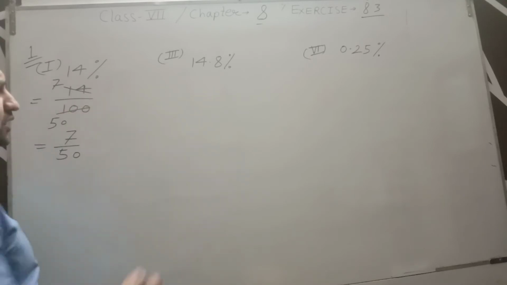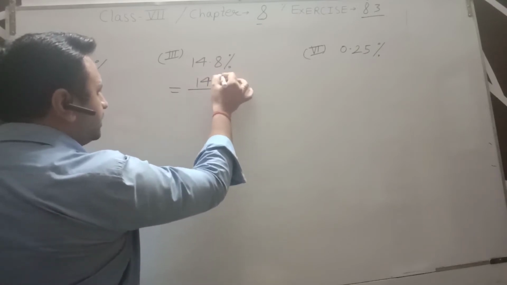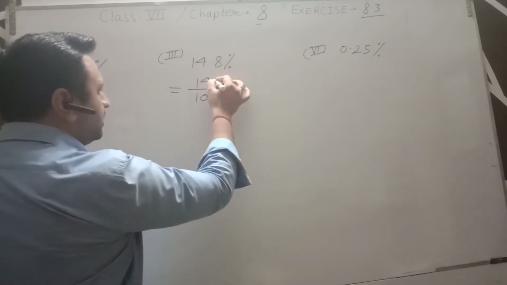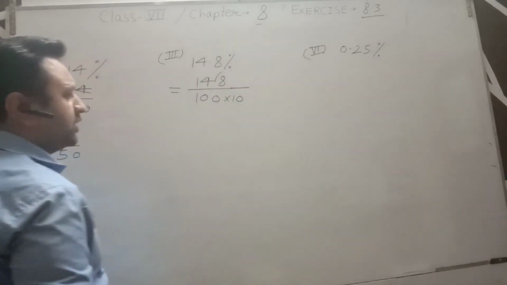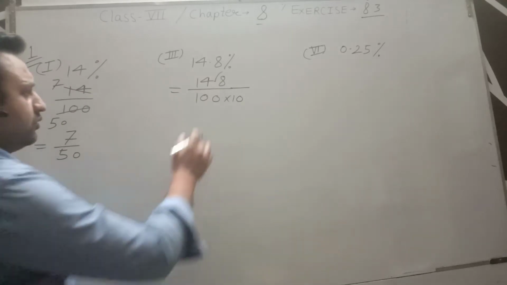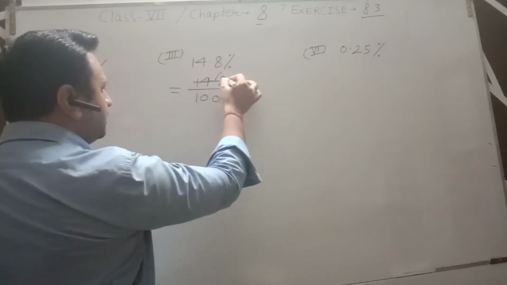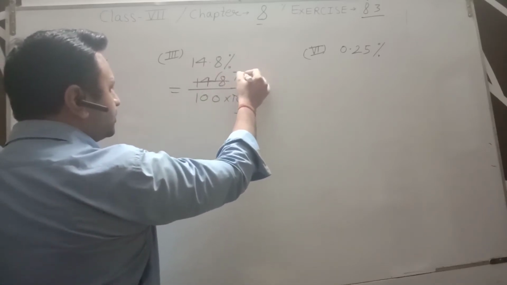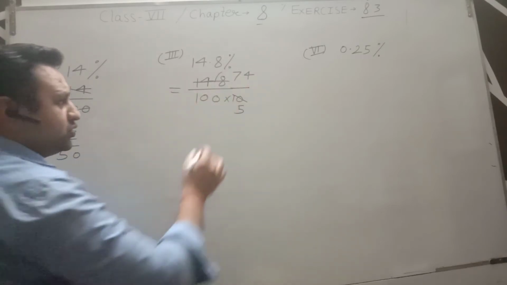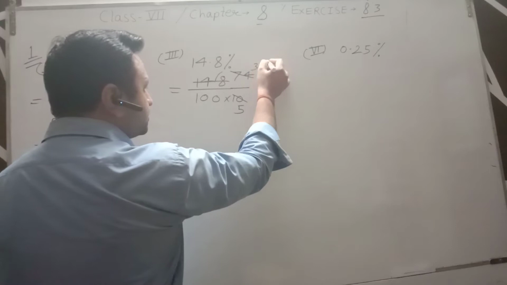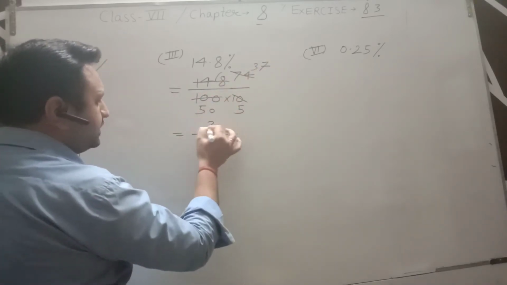Third part, 14.8%. To remove the sign of percentage we note down 100 in the denominator. And now to remove the decimal sign, we also note down 10 in the denominator. Now 148 and 1000 both are divisible by 2. 2 fives are 10, 2 sevens are 14 and 2 fours are 8. 74 and 100 both are divisible by 2. 2 threes are 6, 2 sevens are 14 and 2 fifties are 100. So 37 upon